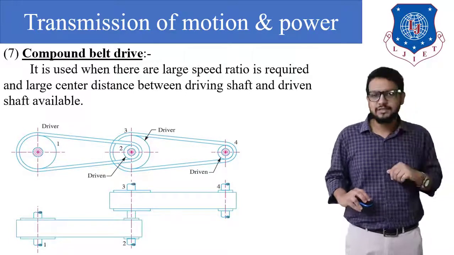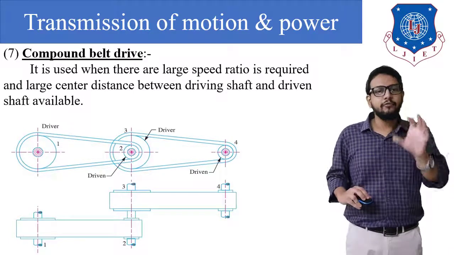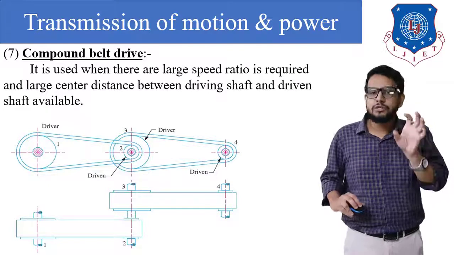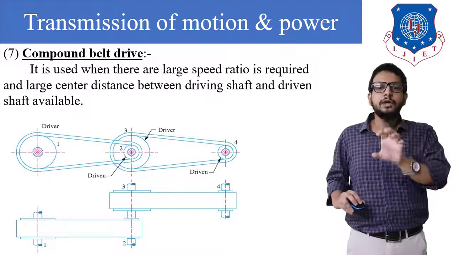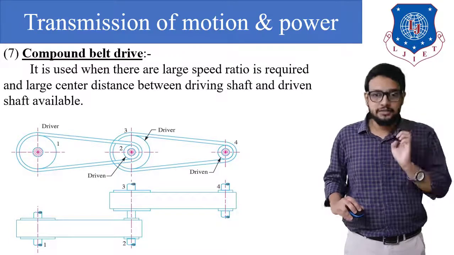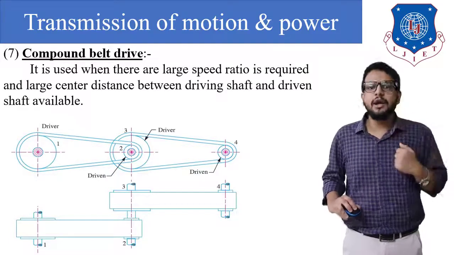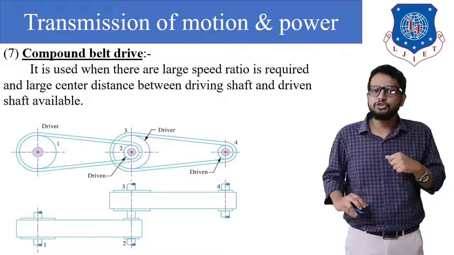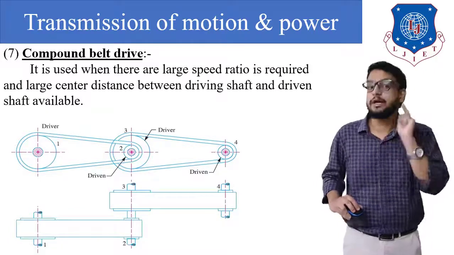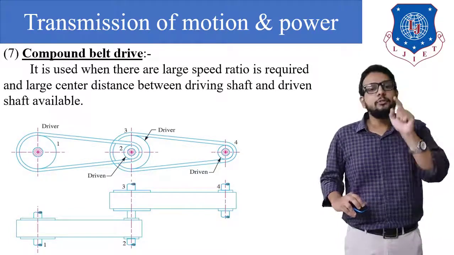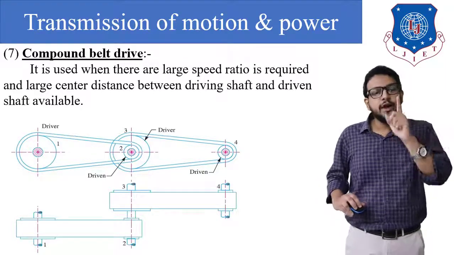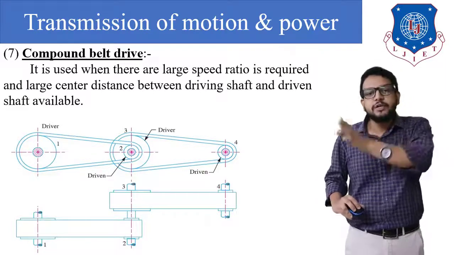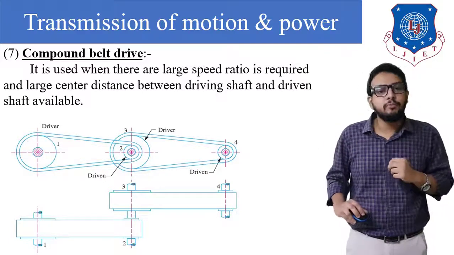So, taking a simple example, if a driver is rotating at 2000 rpm, revolutions per minute, and let's say that pulley number 2 is of half size. So what will be the speed of my intermediate shaft, the pulley number 2 shaft? We would say 4000 rpm, right? Now pulley number 3 will rotate at the same speed, that is 4000 rpm. Now finally pulley number 3 is transmitting power to the driven shaft, that is our pulley number 4.